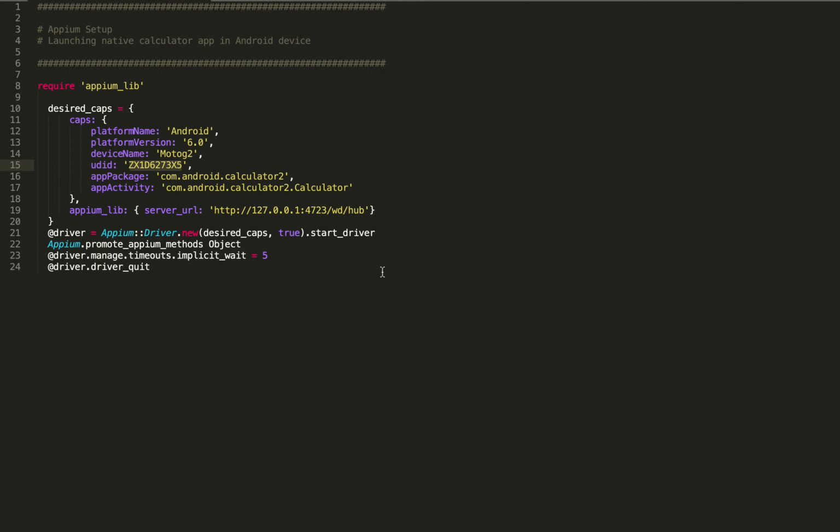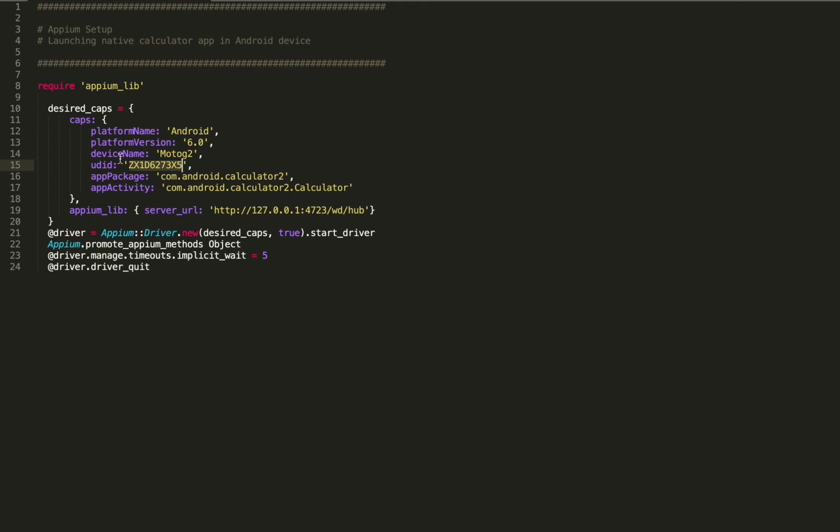It is basically the platform of the device which you are going to connect. So in our case, we are going to connect an Android device, so it will be Android every time. The second one is platform version. It is basically the Android version which is there on your mobile device. So what you can do, you can go to the settings of your mobile phone and you can check what Android version you are having in that handset which you are trying to connect. Same thing you need to pass here.